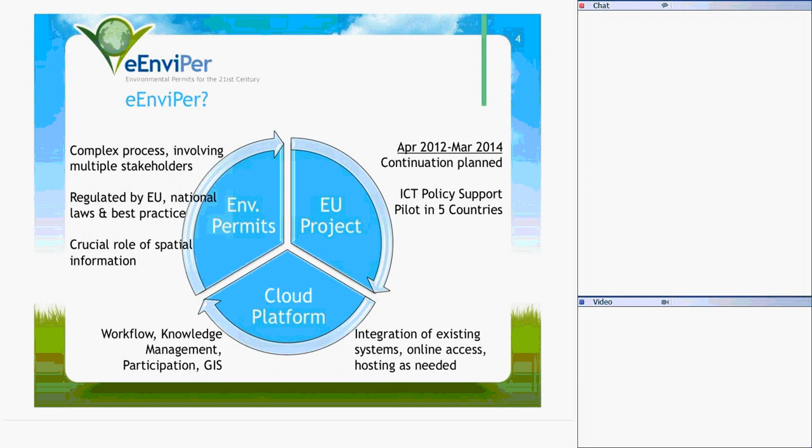So even if you're not working on environmental permits, it is a very interesting test case because environmental permits tend to be a complex process with lots of moving parts and different stakeholders and agencies that need to have input into the process and the decision making at one point in time. And there's regulations, laws, best practices that need to be taken into account. There's lots of case law of how certain decisions have been taken before, how this interacts with reserves, etc. And because this is also a permit for a place and an investment, we have a role for spatial information in this. So, interesting case to see how we can build an IT solution that supports this complex